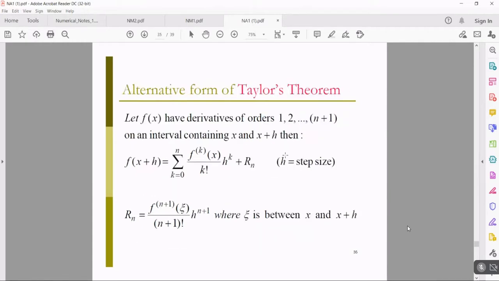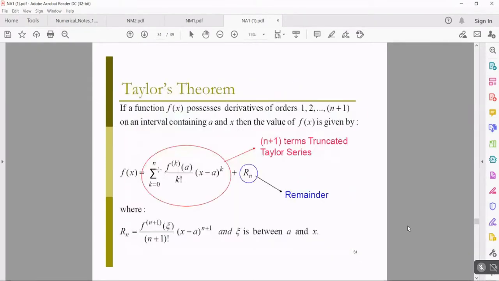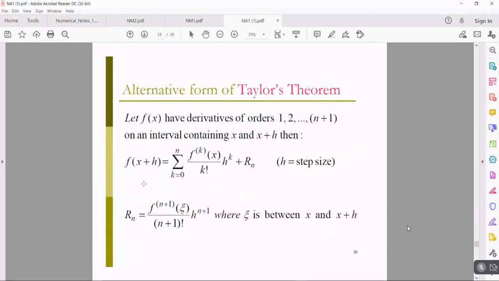And this is another form of this. And this is also required when we learn polynomial approximations. So this we will see: you can see here, this is our x. Instead of x, I replace x by x plus h. So if x is replaced by x plus h, then you will get this kind of approximation,